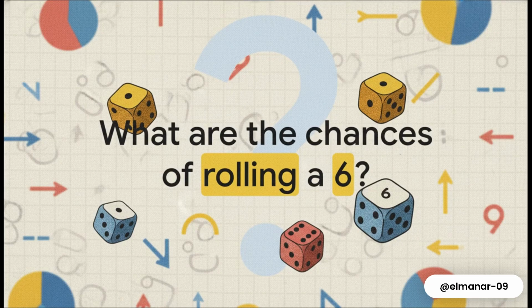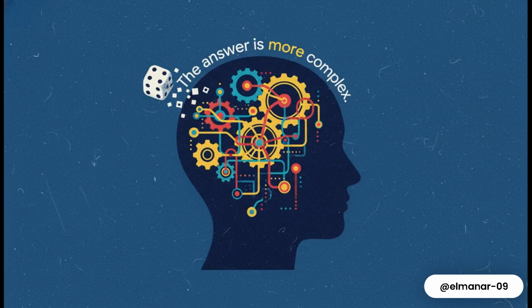Let's kick things off with a question that seems almost too easy. If I roll a standard everyday die, what are the odds it lands on a 6? I bet most of us would just fire back 1 in 6 and not really think twice about it, right? But what if I told you that simple answer hides a much, much deeper story? A story about how our brains are even wired to understand the world in the first place.